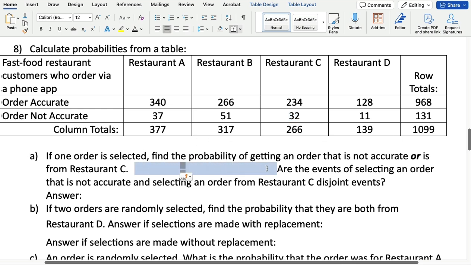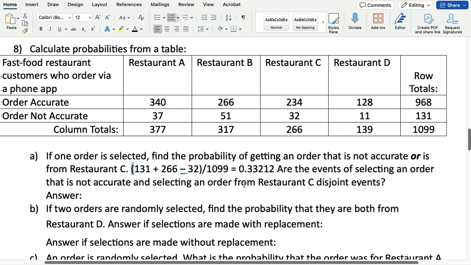So this is what that looks like as an equation. 131. I put parentheses around this because we want to add those numbers up first and then divide by 1099. That's the total number of orders that we're actually looking at. The total number of orders that were either from restaurant C or were not accurate is 131 plus 266 minus 32, because we accidentally counted the 32 twice. And when you divide that by 1099, we get a decimal